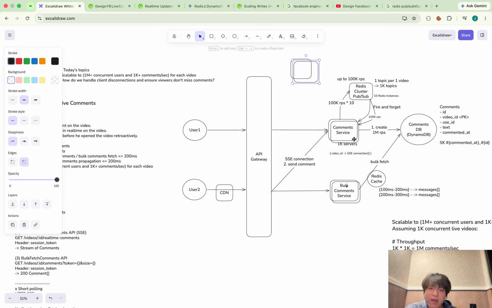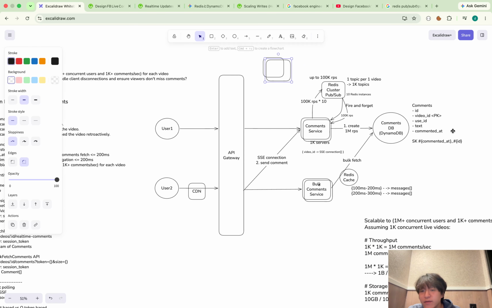So in that way, the idea is I can do the subshard inside of the video ID. It doesn't affect the existing, more general Redis cluster, but I can do the sharding internally for that video ID. I can say this is subsharding in a sense. So in that way, I can handle the spike on this Redis cluster PubSub.